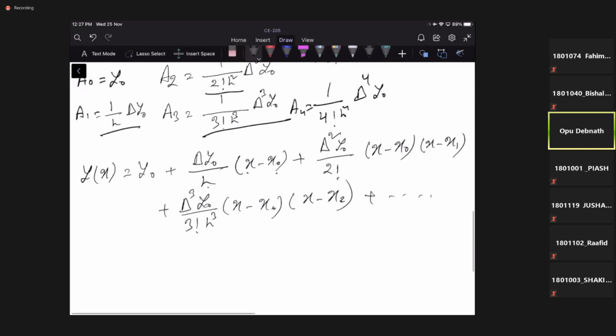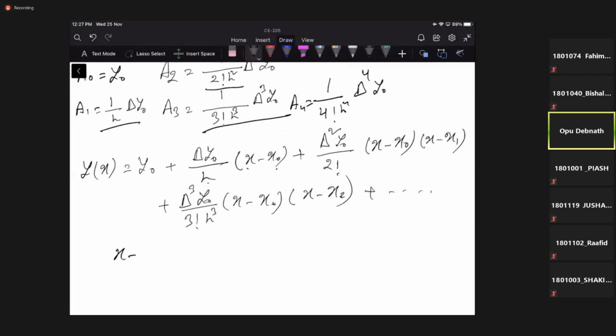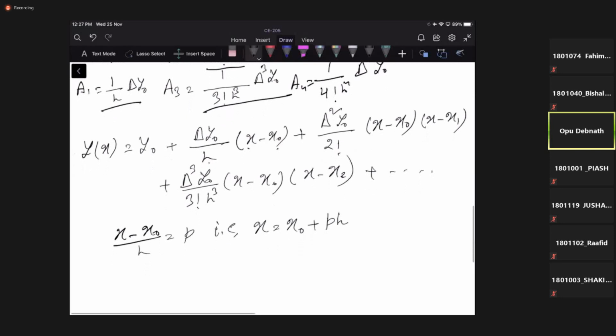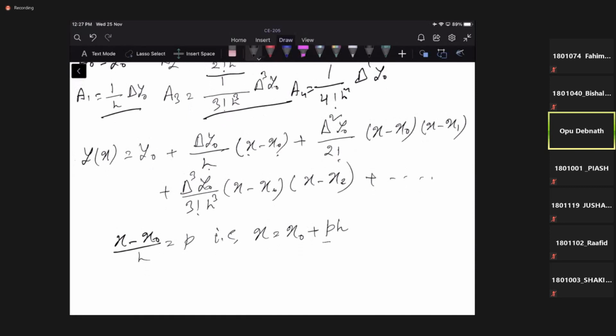Clear? So if we take (x minus x0) divided by h, let this be equal to p. That is nothing but x is equal to x0 plus p times h. So p here is a real number, and if we put this value in this equation, you will get y_p, that means a function of p, equal to y0 plus, that means we are trying to remove the x,